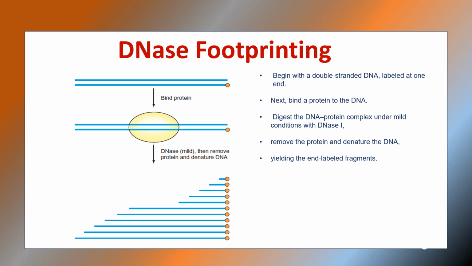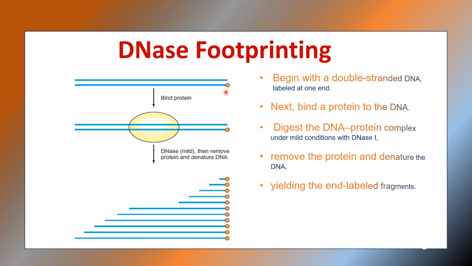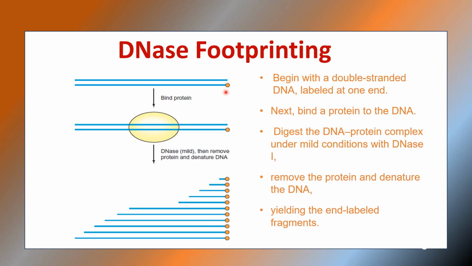Now, first and foremost, we start with a double-stranded DNA. So you take the double-stranded DNA and we label one of the strands of the DNA. Now this orange dot right here represents the labeled DNA. Next step is we bind our protein of interest to this labeled DNA. So we allow that protein to bind to its target DNA. Now you can see this has formed a complex with the DNA, and then what we do is we digest